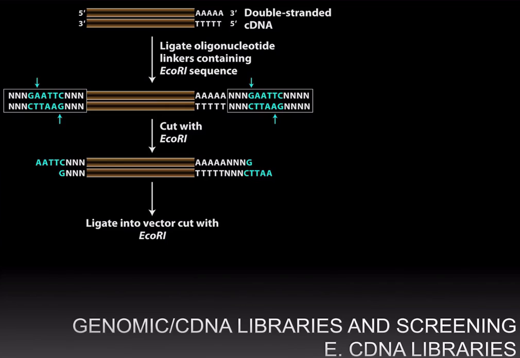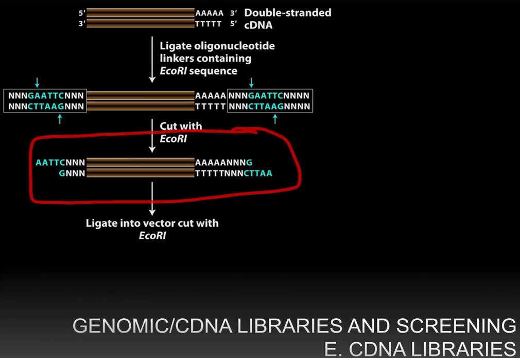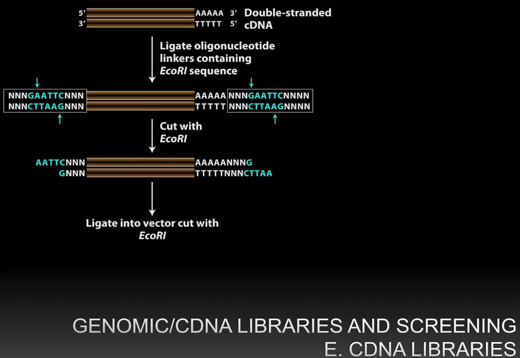And you can do that by blunt cloning, where you basically have blunt-ended DNA fragments and you use DNA ligase, which will make phosphodiester bonds, and just add these flanking sequences that contain, in this case, EcoR1 sites, but it could be any restriction enzyme. And then you can digest these complementary DNA, cDNA molecules with EcoR1 and take these cDNA molecules now with sticky ends and ligate into a vector that has also been cut with EcoR1, and you